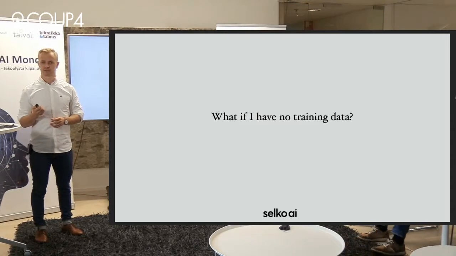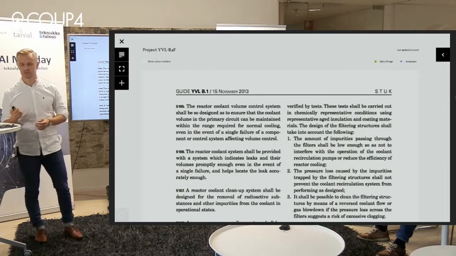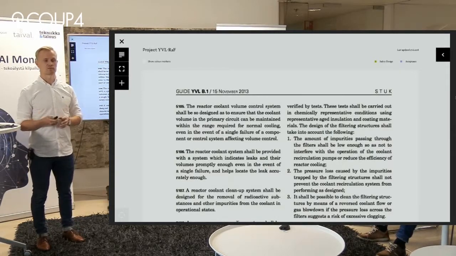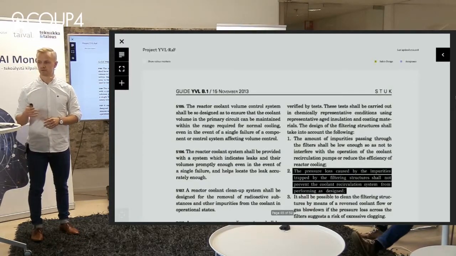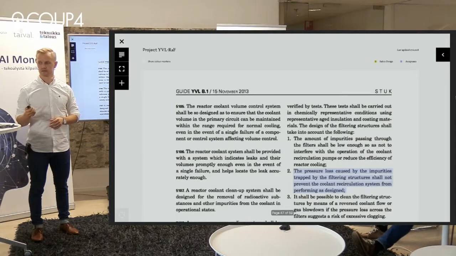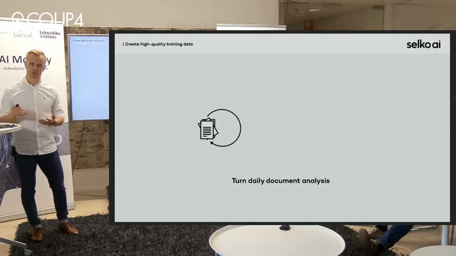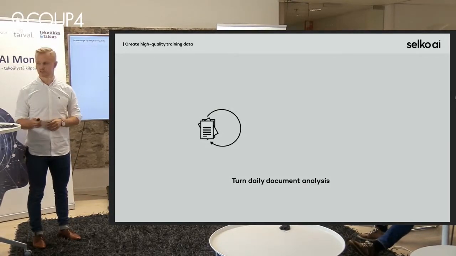And then it's often the case that there's no training data to begin with. So then our tool can be used to create the training data in daily usage, or in business as usual document analysis. So you can analyze the documents that you anyways need to read, for example, for a tender process. Then you can click and highlight the sentences that describe the things you're looking for in the document, give them a label and save it, and keep on doing this and basically turn your daily document analysis into a machine that creates training data for you for the things that you're interested in.